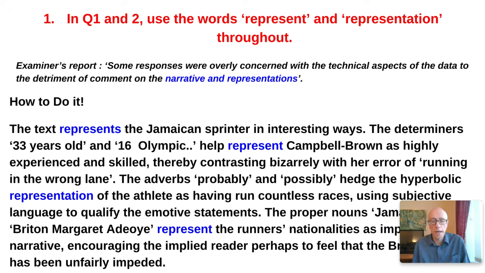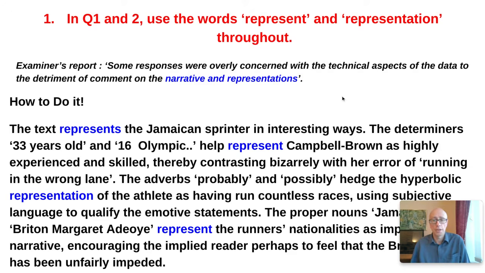headline. The proper noun Jamaican and Britain Margaret Adair represent the runner's nationality as important elements of the narrative, encouraging the implied reader perhaps to feel that the Britain has been unfairly impeded. So you've got a paragraph of how many sentences? Four sentences, and the word represent or representation has been used four times in there. Okay, so note what the examiner said about this. Some responses were overly concerned with the technical aspects of the data to the detriment of comment on the narrative